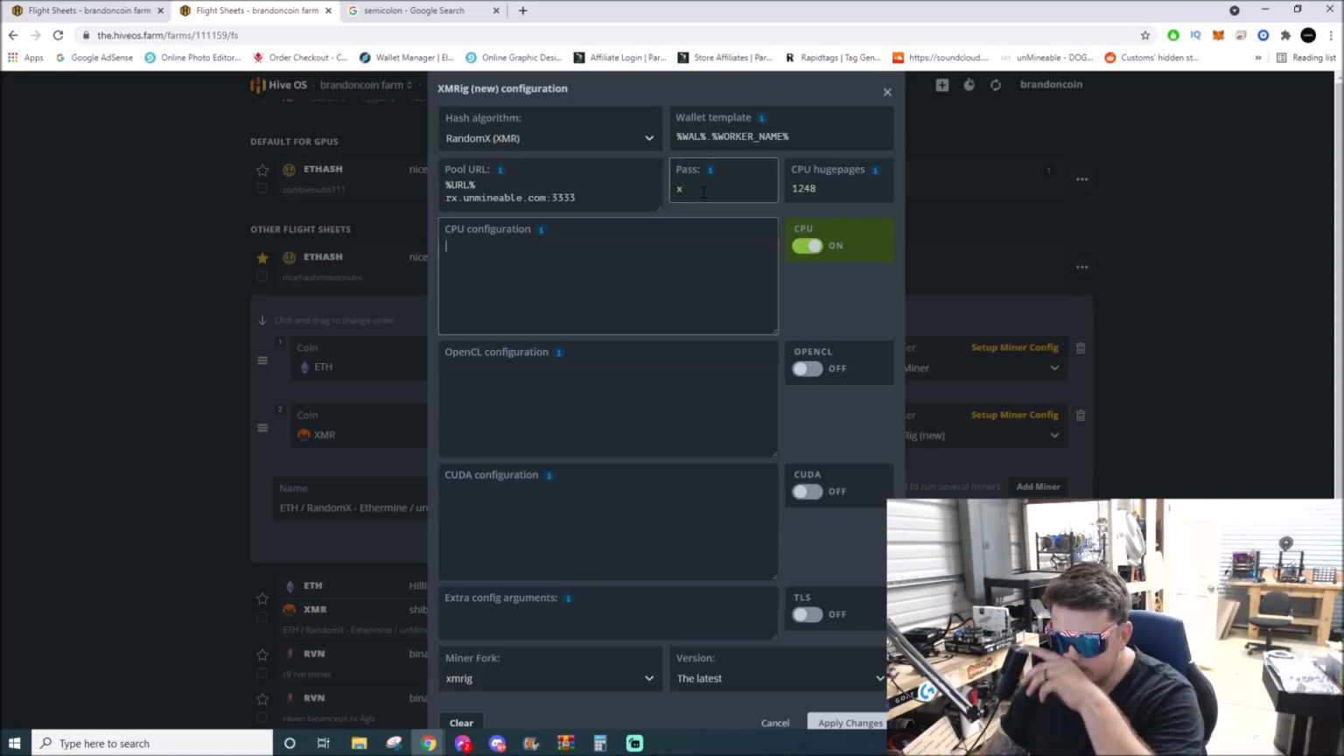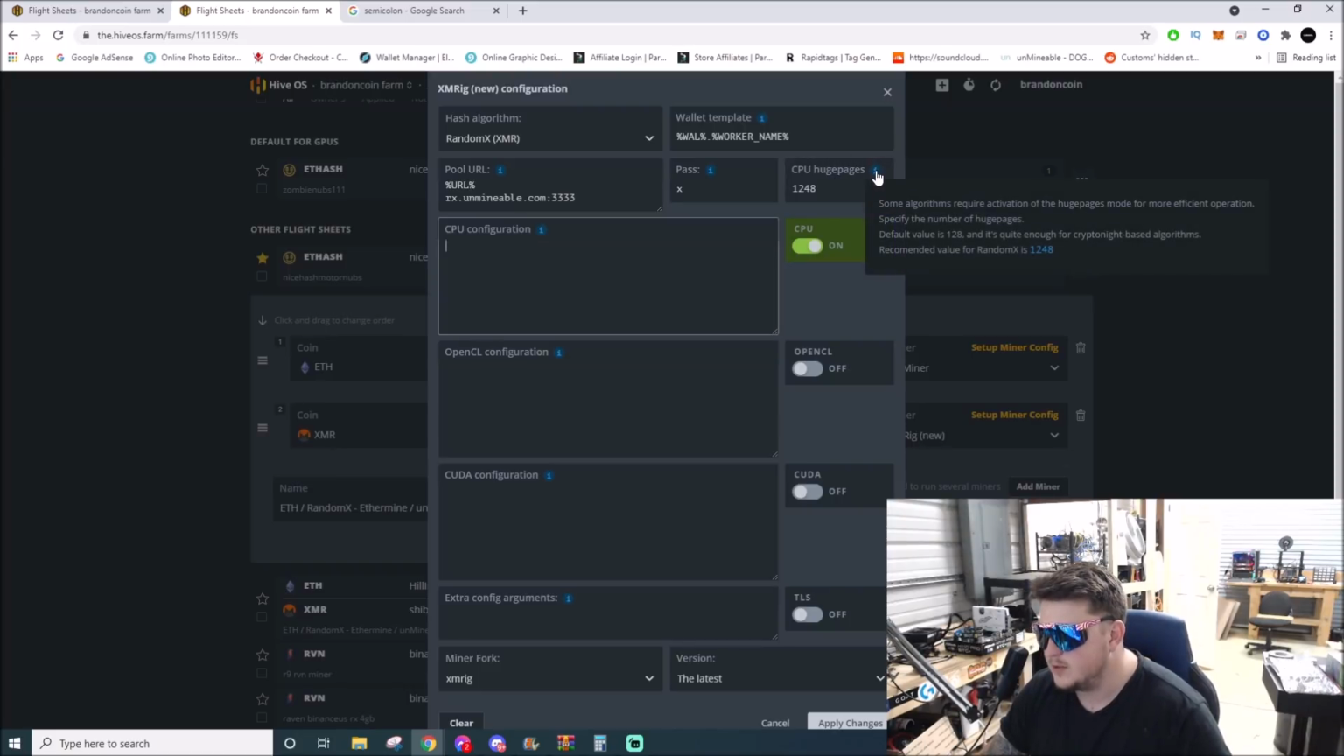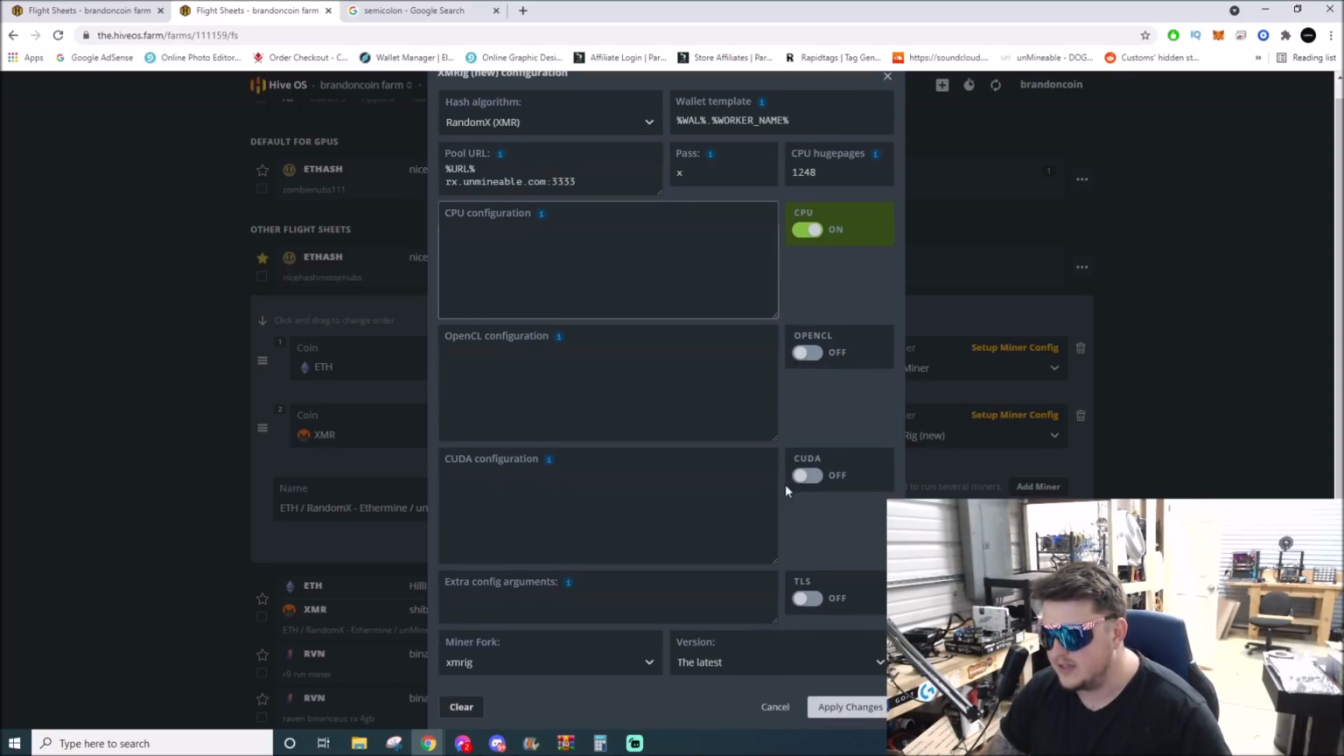rx.unminable.com:3333. The password's X. CPU huge pages 1248. I don't know exactly what that is, but the recommended value is 1248. Then you click on CPU and make sure OpenCL, CUDA, and TLS are off. So that means it won't try to do it on your graphics cards and that kind of thing. It'll only do it on your CPU. Then you hit apply